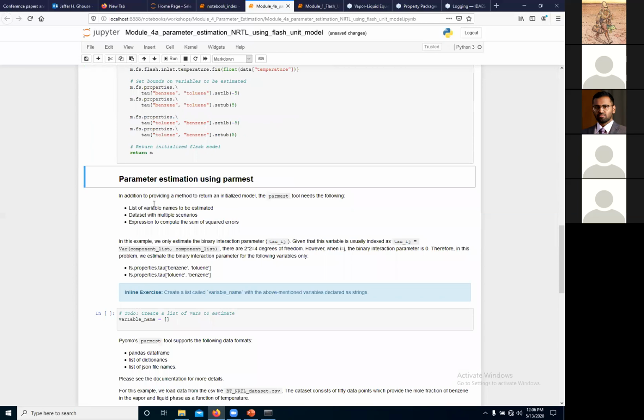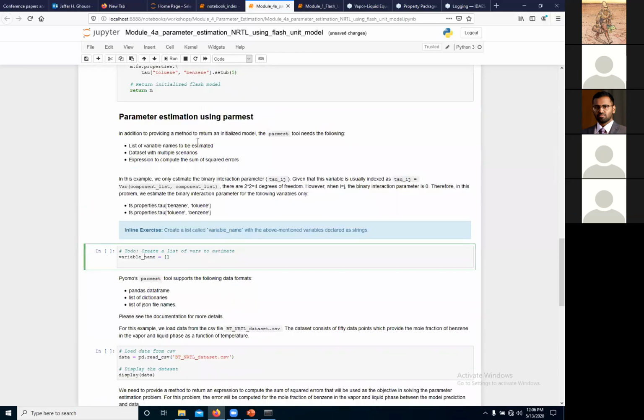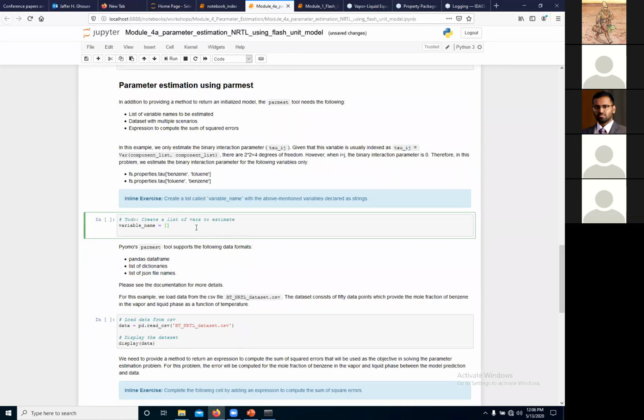Now here's what we'll be doing over here. As I said, the second thing that we need to do is pass a list with the variable names that we are going to estimate. In our case, this was fs dot